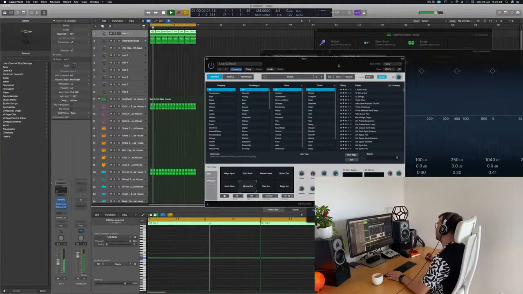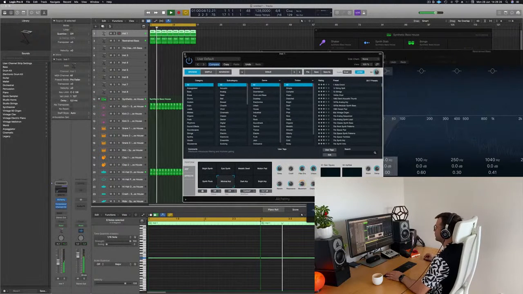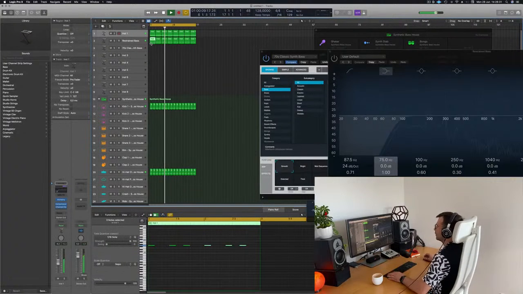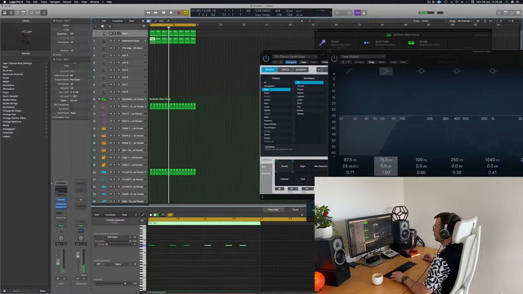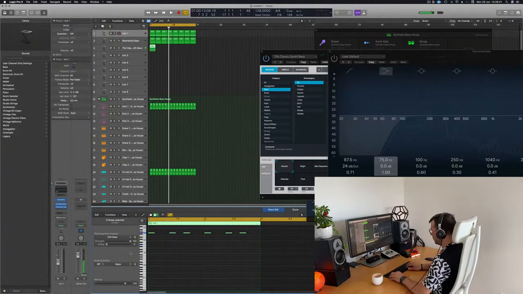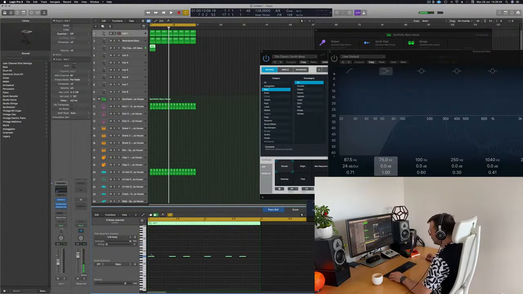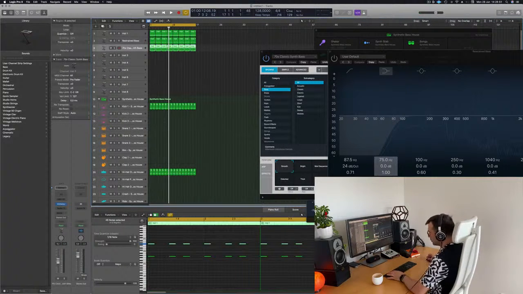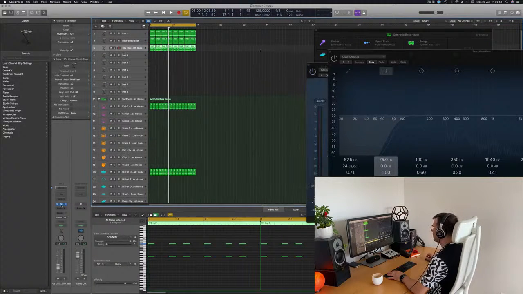That's a default patch, the default patch on Alchemy, so this is an interesting way to start a track. Okay, so I do like everything that is there so far, so I'm gonna take this bass part here, I'm gonna bring it up, I'm gonna create a very simple sequence here, and then I'm gonna try to put some keys, melody.